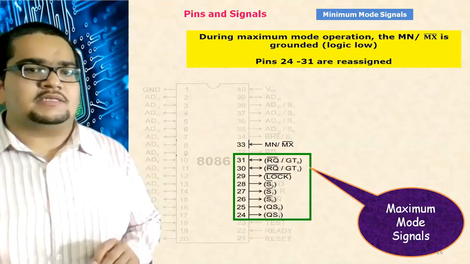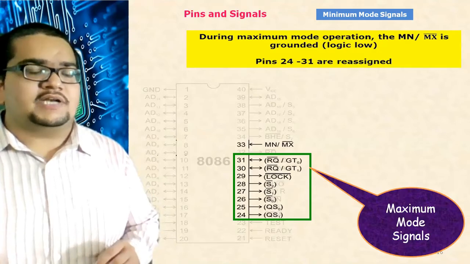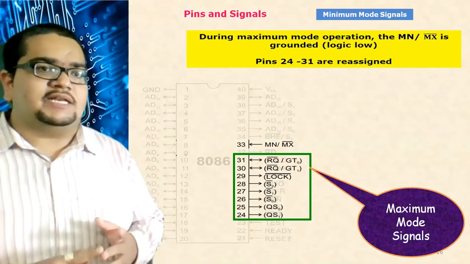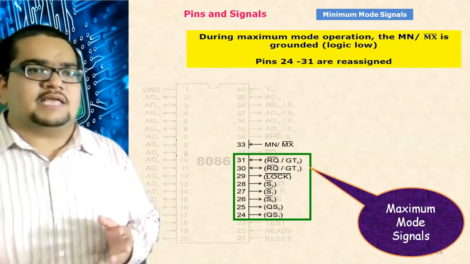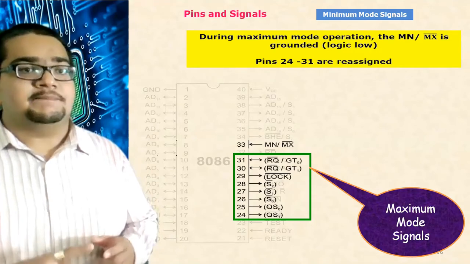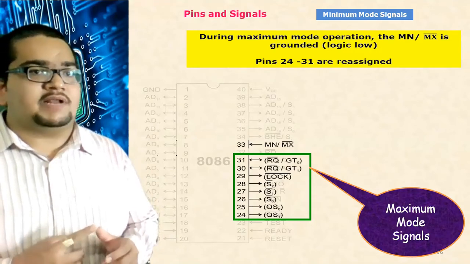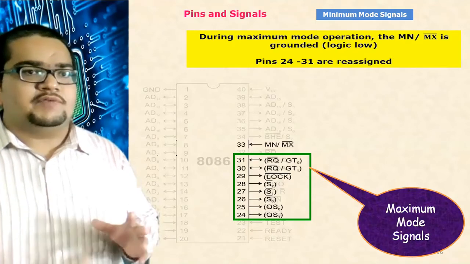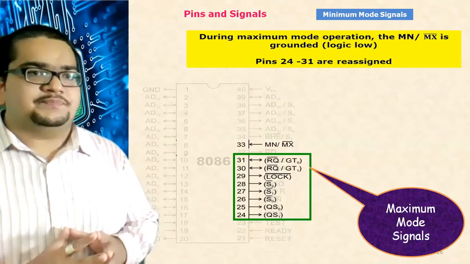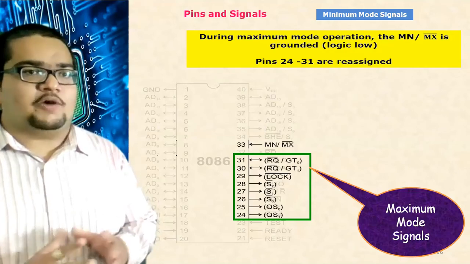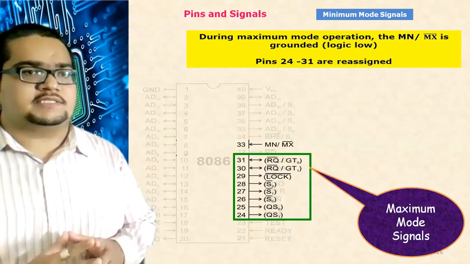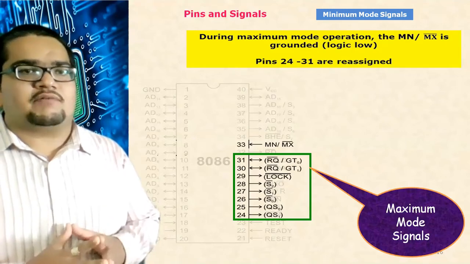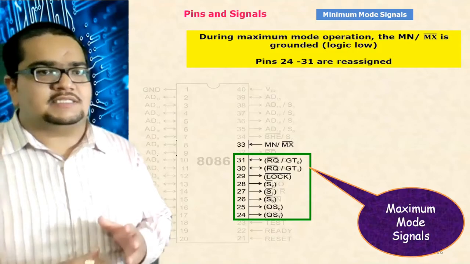Next are our status lines. Earlier we have seen that time multiplexed with A16, 17, 18, 19 are status lines S3, S4, S5, S6, and the one time multiplexed with BHE bar is our S7. So out of the 8 status bits, we can see that 5 we have already seen. But anyhow, the detailed operation of these status lines S3, 4, 5, 6 and 7 we did not touch. Maybe in future classes, whenever required, I will go to the status lines S3 to 7.